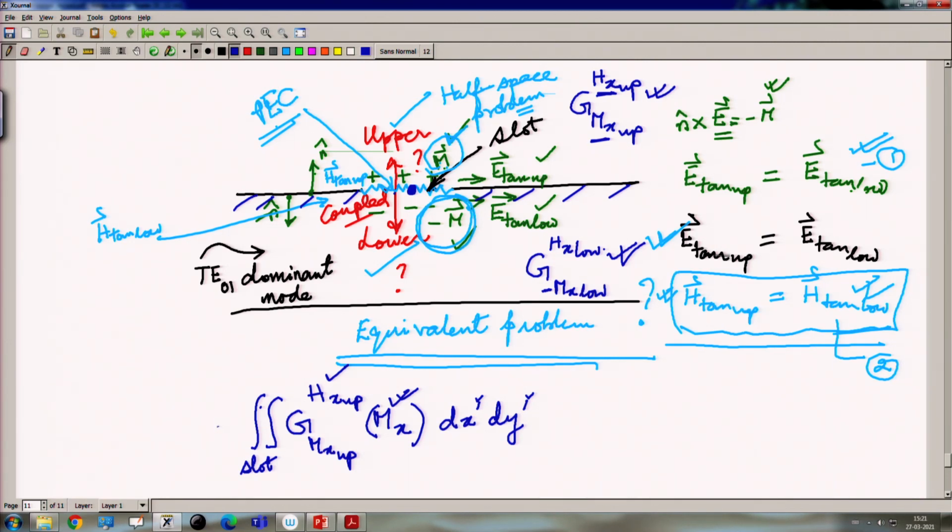This will give me the total magnetic field which is radiated for the upper part. Okay. Similarly, the total magnetic field radiated for the lower part will be given by